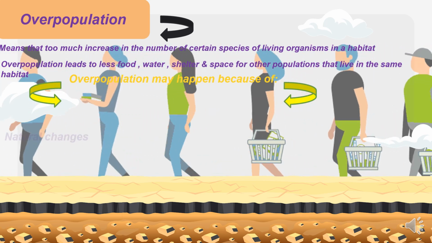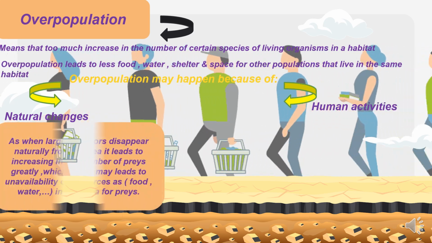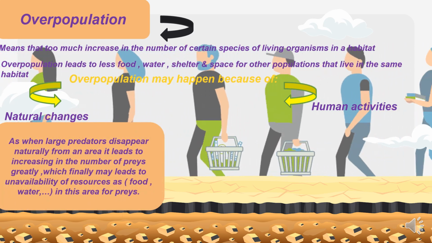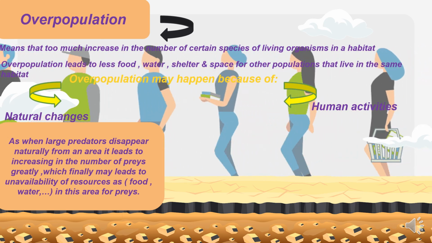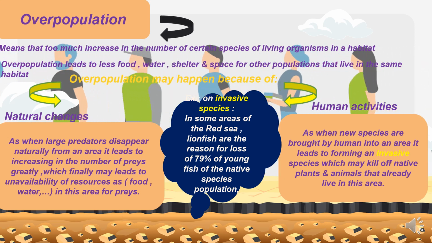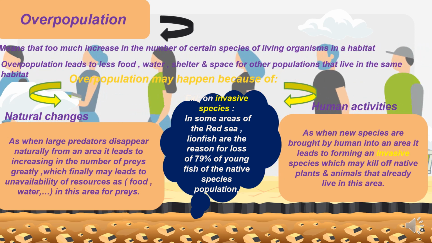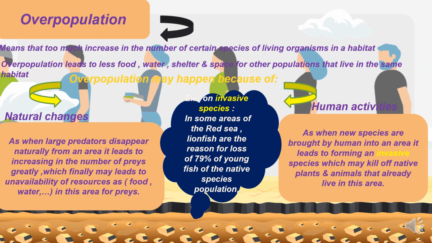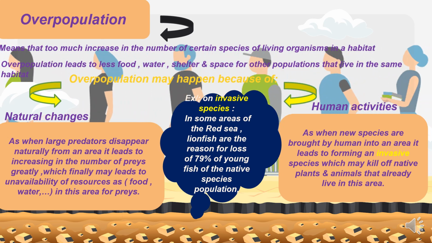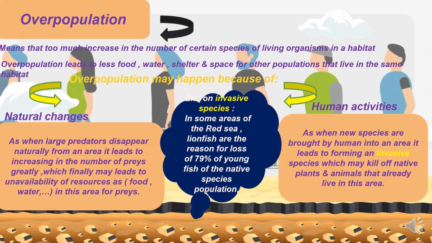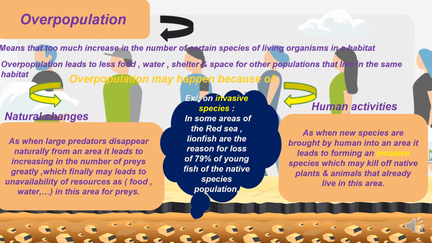So overpopulation is not going to be such a good thing at all. And I have two reasons which may cause overpopulation: number one, natural changes, and number two, human activities. For example, how can natural change cause overpopulation? For example, if large predators suddenly disappear from an area, this leads to an increase in the number of